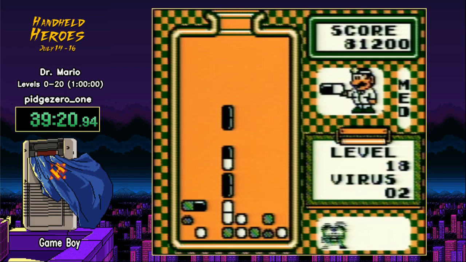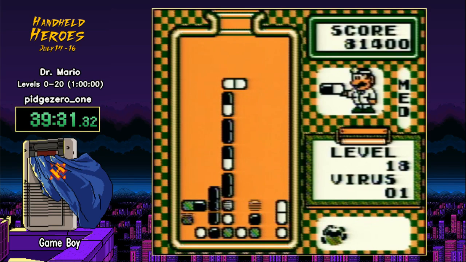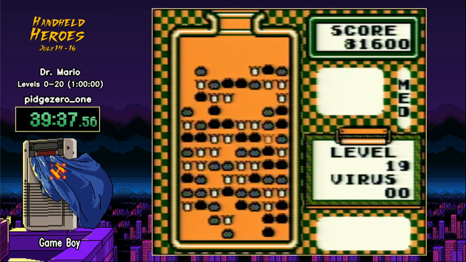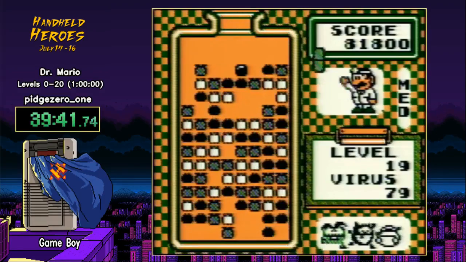One thing that you'll see me doing is that any junk pills, I'm purposely trying not to form lines with them, just because when you form a line of just pills that you don't really need, it kind of lags a little bit. Not just because of drops, but it's just a slower animation. So if I have to stack up junk to get to a good pill, then I'm gonna try not